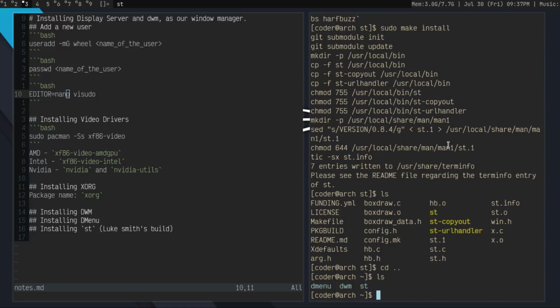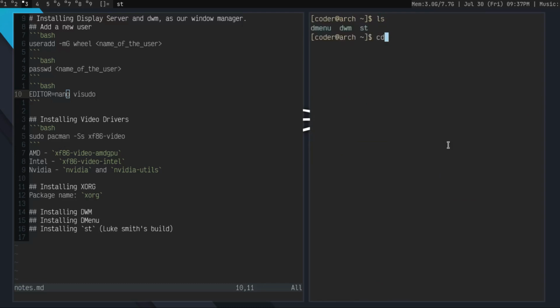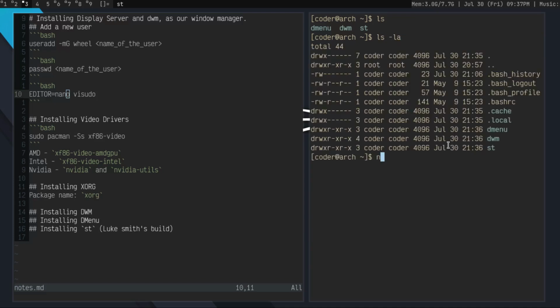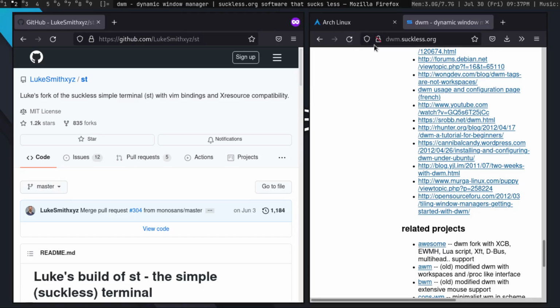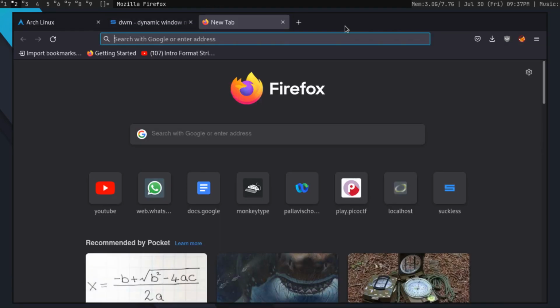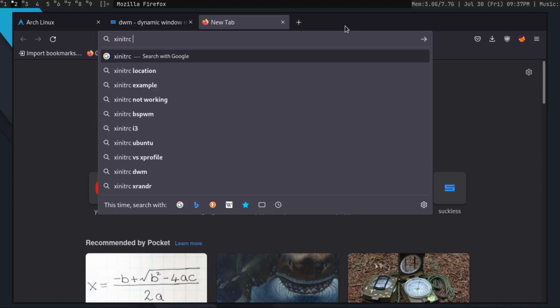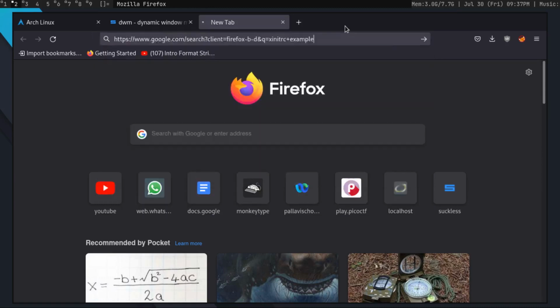Now let's boot into our window manager. Okay. To do that, go to your home directory. And then create a file named, with nvim, or the editor you want, nano or nvim, dot xinitrc. Hit enter. It will open a buffer. Let's see. I'll just close this for now. xinitrc example.